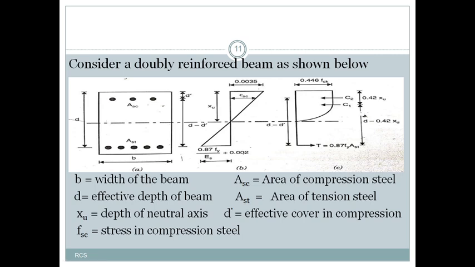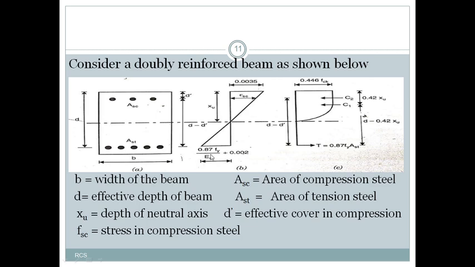It is similar to your singly reinforced beam. As we discussed, as per your assumption number 1, a plane section remains plane even after loading. Before loading it is plane, and after loading or after bending it is also plane. So then the strain will vary linearly. This indicates a linear variation of strain from the compression zone to the tension zone. And another assumption we have seen is that the maximum compressive strain in the concrete in flexure condition we can consider as 0.0035,